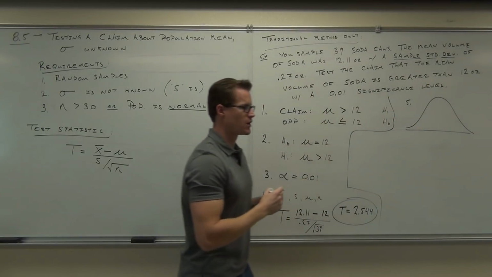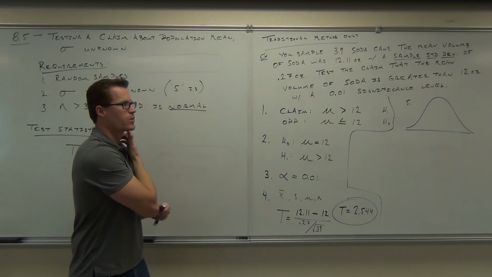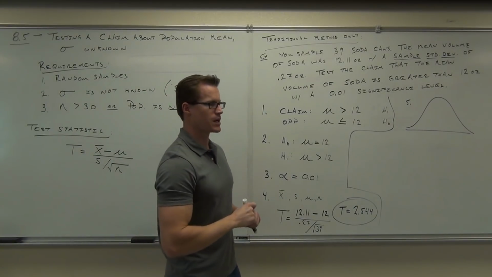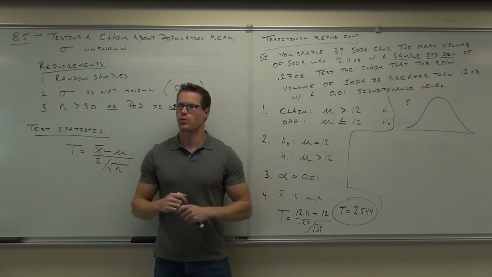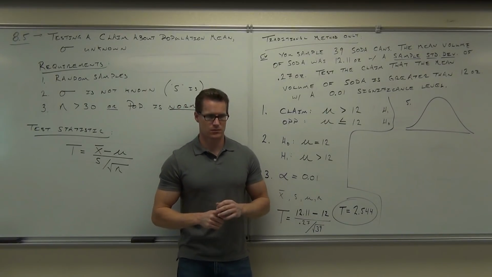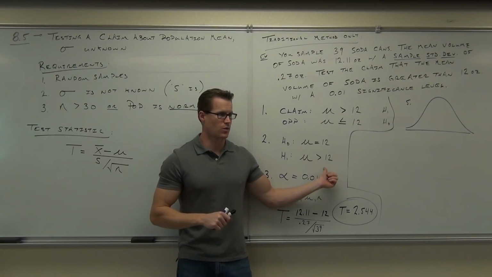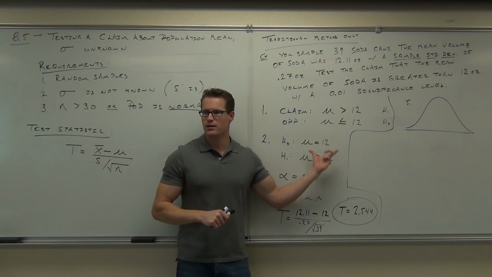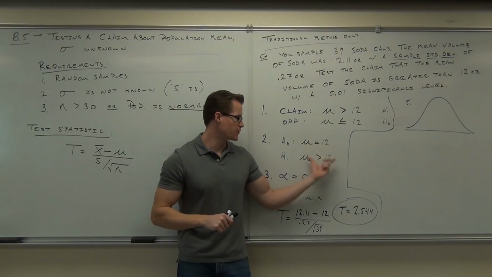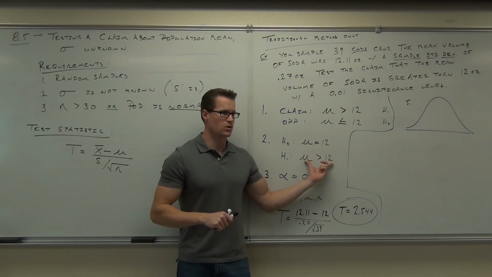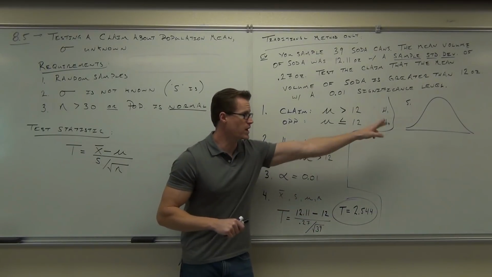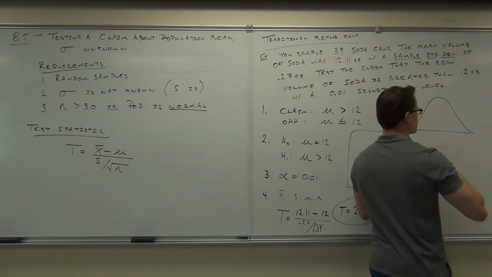Draw your picture like we're comfortable with, and tell me whether we're a left tail, a right tail, or a two-tail test and why. So we look here. This tells us where we're at. This is kind of an important thing, right? This tells us two pieces of information. First, the mu for your test statistic also tells you a left tail, right tail, or two-tail test. This one's a right tail. So over here we'll go, okay,